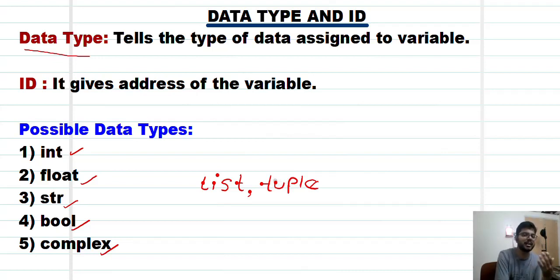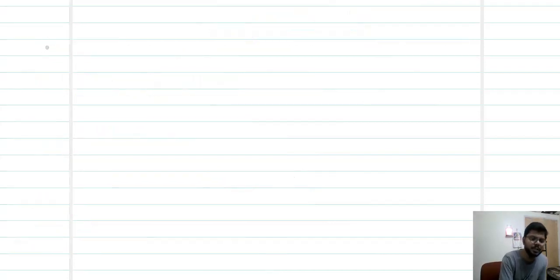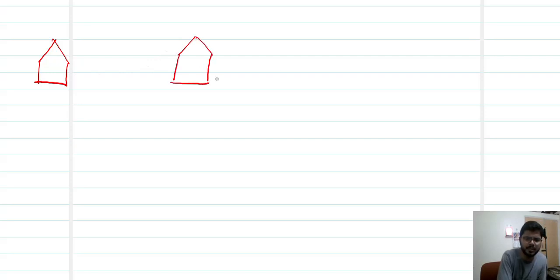We have seen what a data type is, and now we will see what is meant by ID. ID is like the address of a variable. Let me explain this in detail also. See, suppose you have three houses. This is house A, this is house B, and